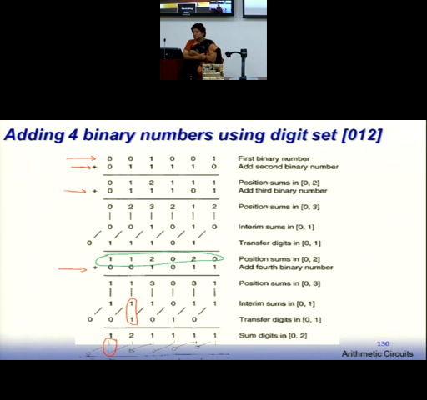So this really helps you a lot when you go for multiple additions. This algorithm is no longer limited to only two-number additions. All my previous architectures that I developed were for two-number additions.